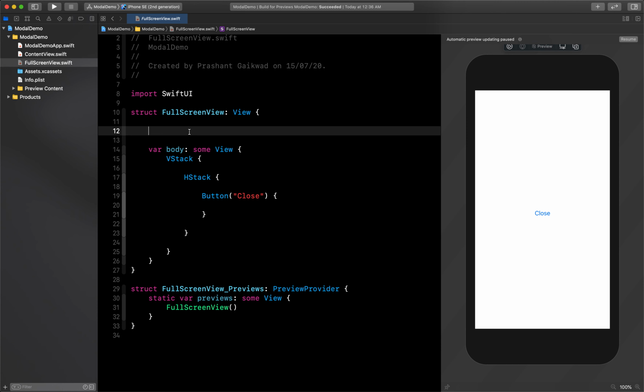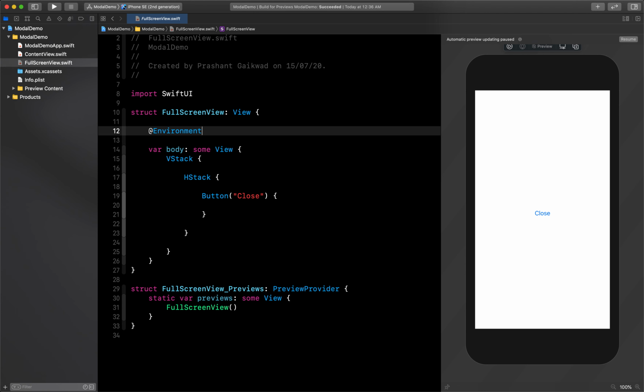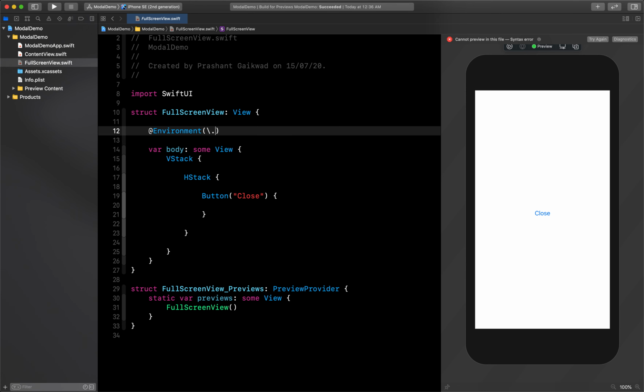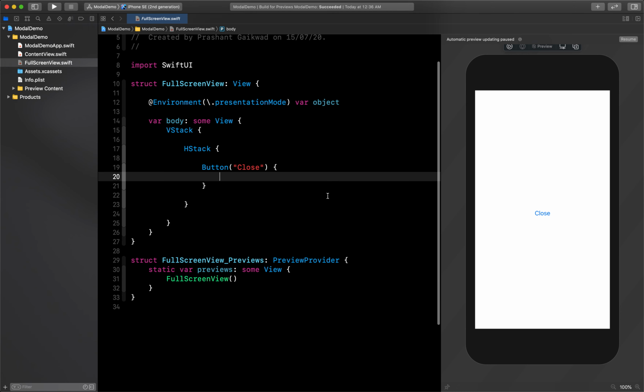So for that I will create an @Environment property, presentationMode, which is nothing but our object to handle the present and pop operation for this view. Once I change the value of this object I will be able to close the view.